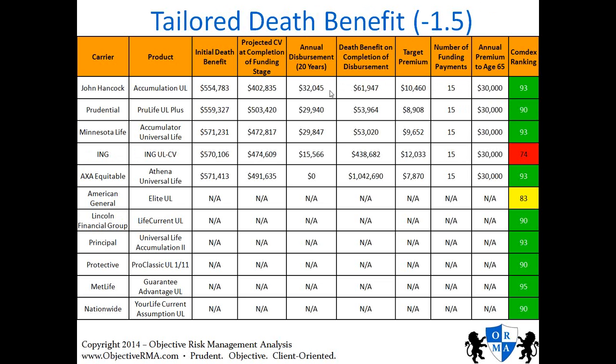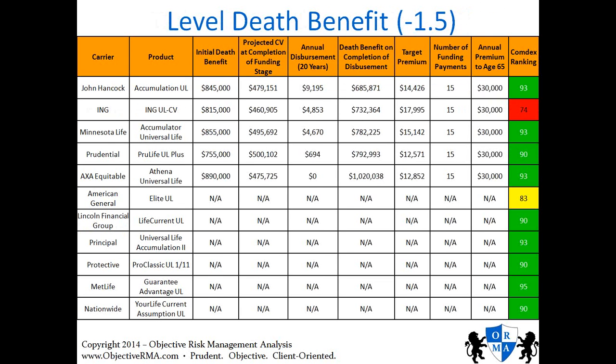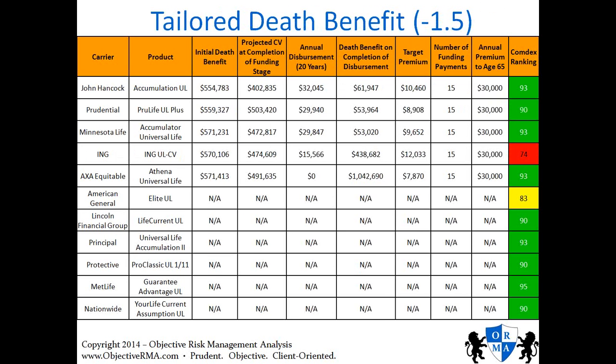So I'm just going to go back to the previous slide. This is if you just bought the policy, you put it in a safe deposit box, and then it underperforms, and then when you go to retirement, you open it up, and all of a sudden, you're not going to get $30,000 a year, you're going to get $9,000 a year. And in this example, if the policy is actively managed, yes, for the next 15 years, the policy underperformed, but you're still getting $32,000 as an annual disbursement. So it's not a total wash. I mean, you're still going to get some value out of this policy.